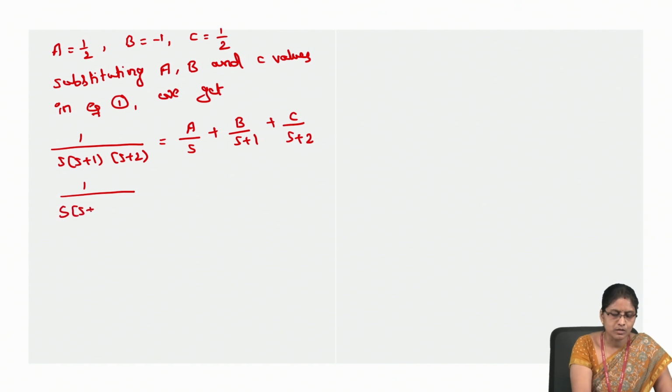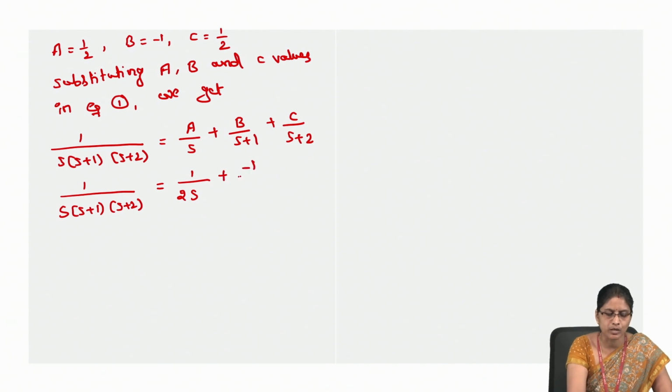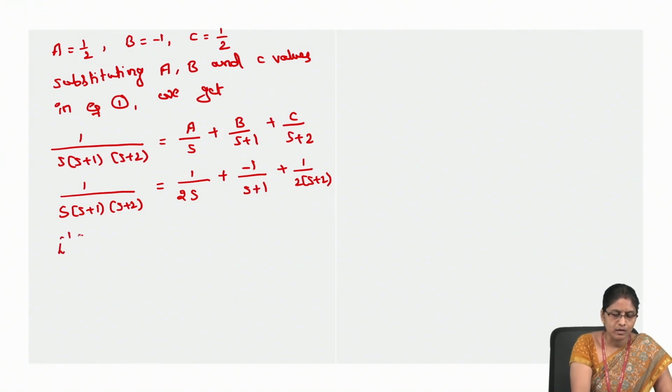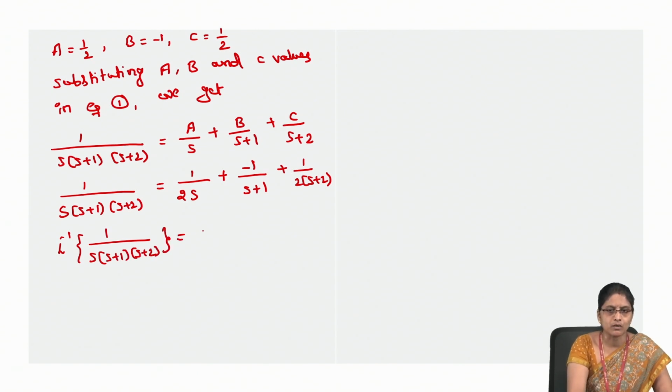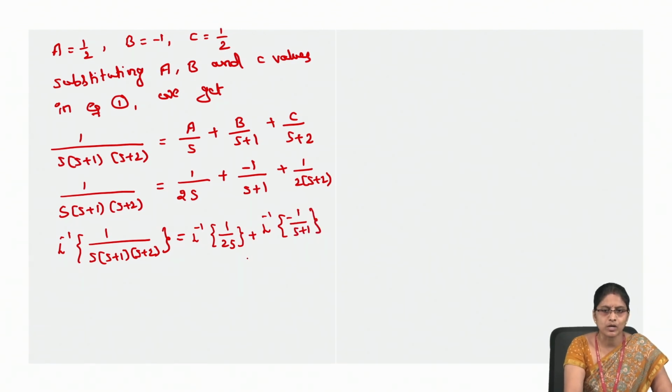1 by s into (s plus 1)(s plus 2) is equal to a is 1 by 2, 1 by 2s, plus b is minus 1, minus 1 by (s plus 1), c is 1 by 2, 1 by 2 into (s plus 2). Apply inverse Laplace transform. Inverse Laplace transform of 1 by s into (s plus 1)(s plus 2) is equal to L inverse of 1 by 2s plus L inverse of minus 1 by (s plus 1) plus L inverse of 1 by 2 into (s plus 2),